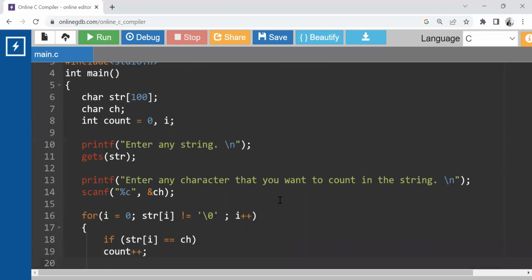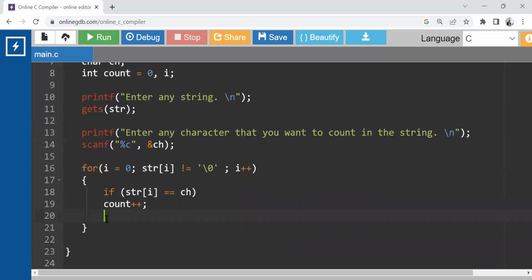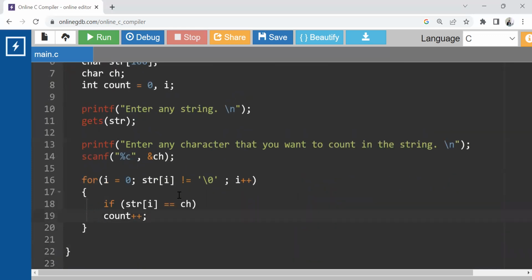And it is going to iterate till the end of the string. If they match the entered character, it is going to increment the value of count by 1. When the for loop has completely iterated,